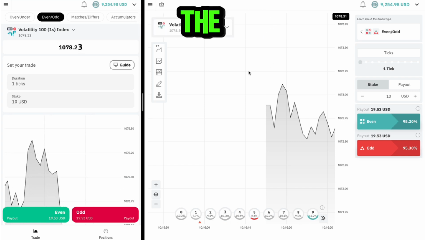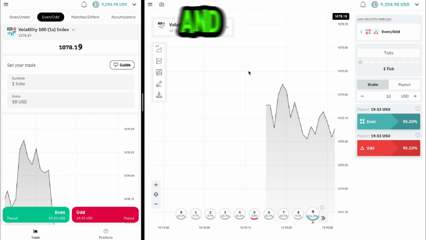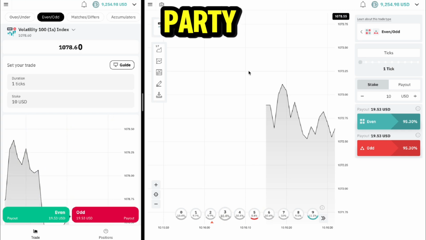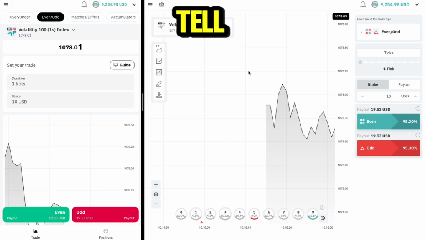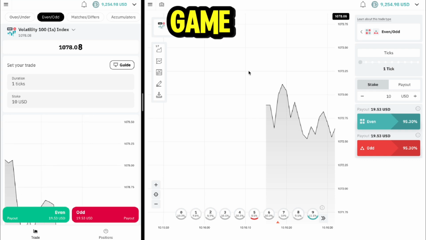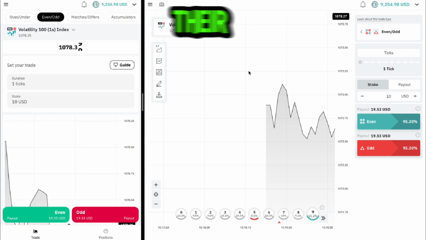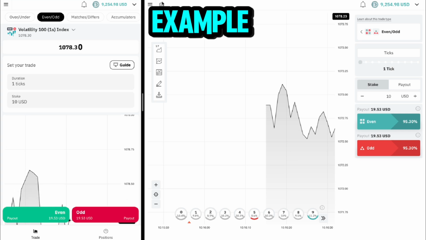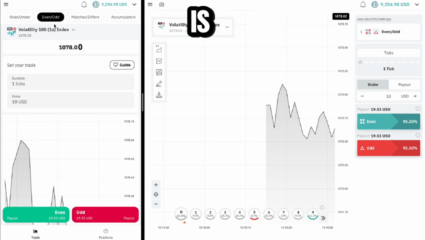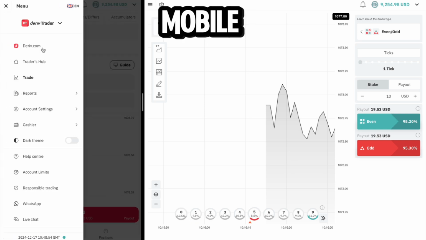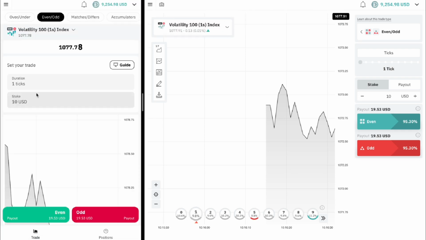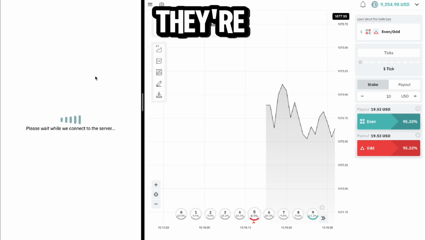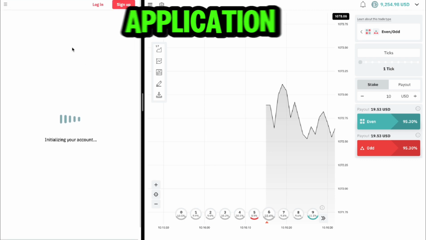We have compared the new UI and the old UI, and I've told you about the third party software applications. The other thing I want to tell you is how you could game Deriv themselves and beat them at their own game. So for example, this is the new UI on mobile. This is Deriv Trader. You could come to Deriv Bot. Since they're not really giving you that application,